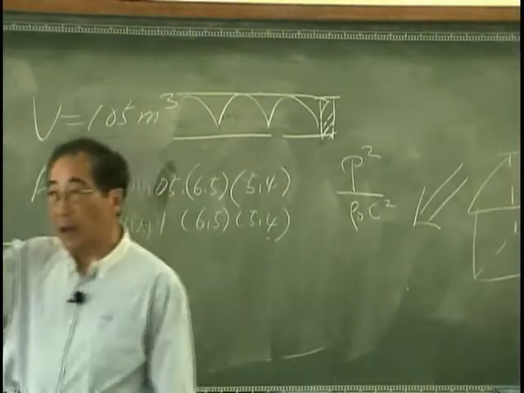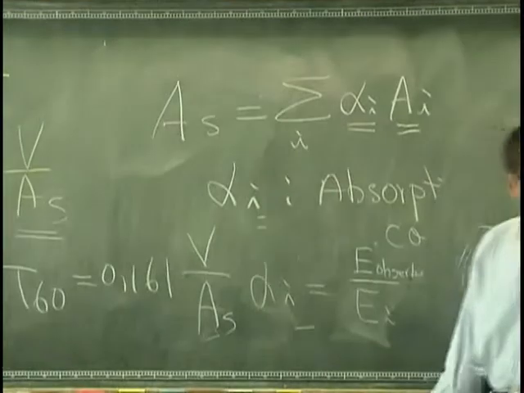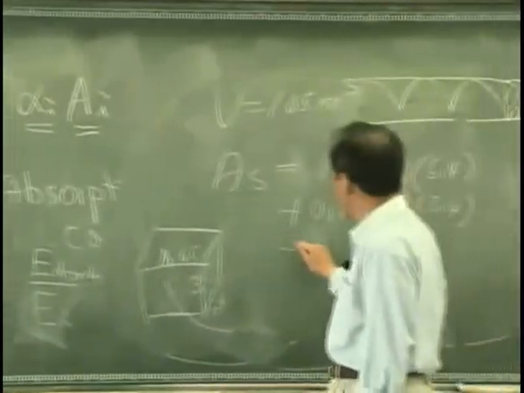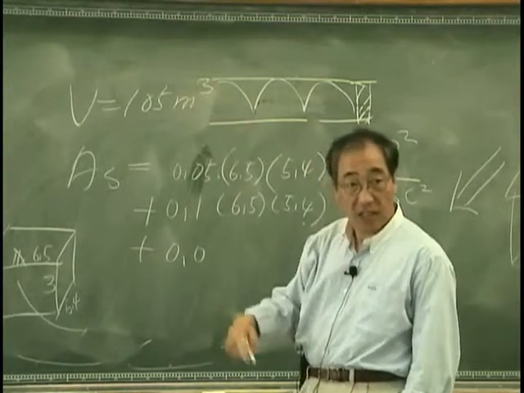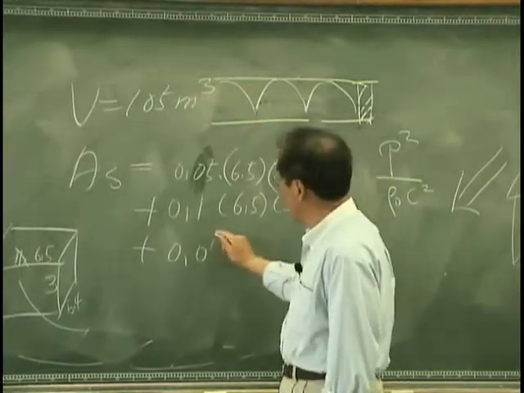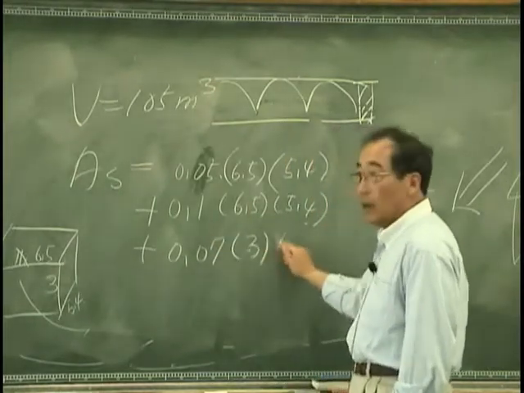Okay, and this side has something with good sound absorbing that I estimate would be between this and this, so I said 0.7, and that is 3, and multiply